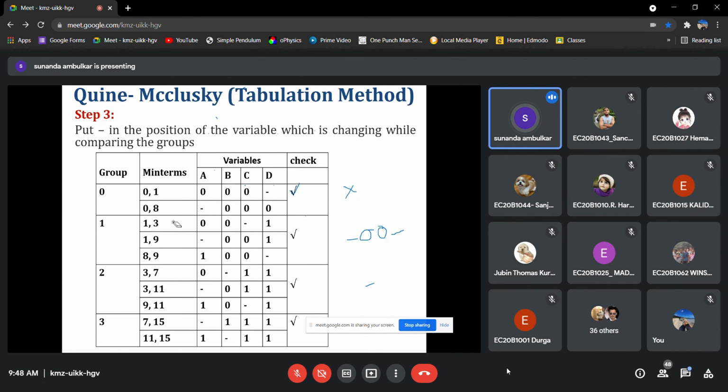Dash is nothing. Dash indicates that that particular minterm does not have that variable. That literal is missing in that combination of minterms. It indicates only that.